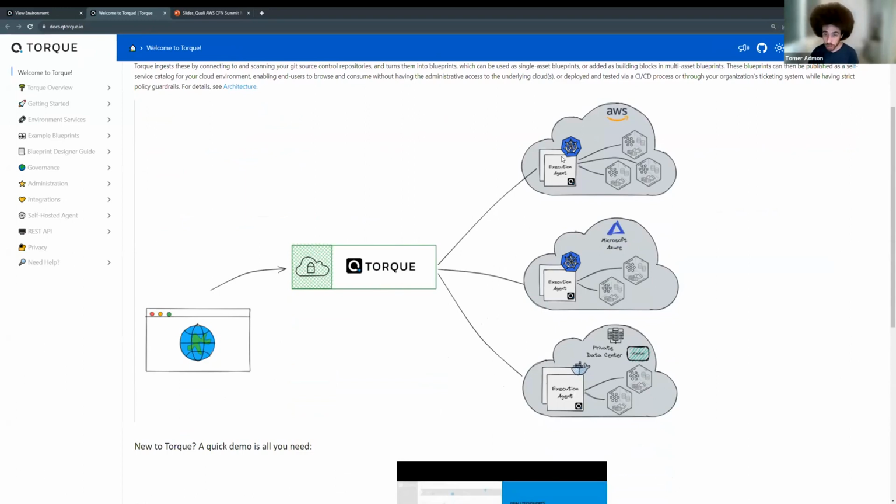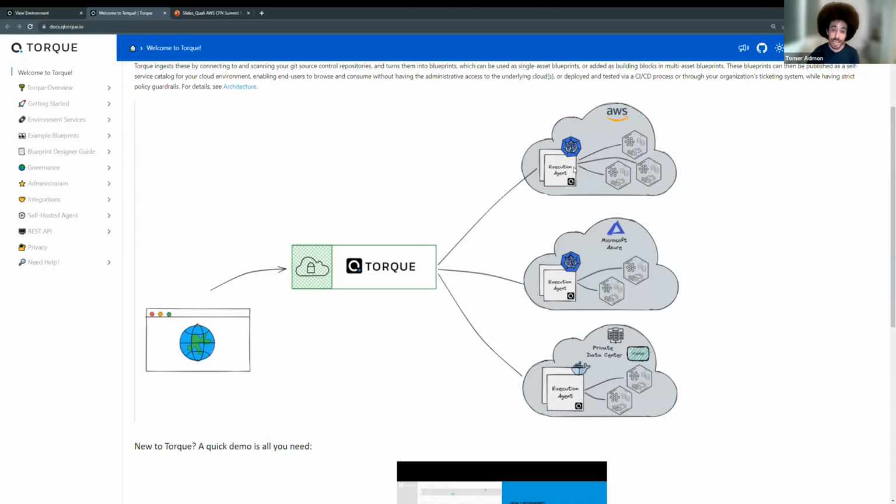Now, that agent might be deployed on Kubernetes or as a Docker image on an EC2 instance, and the authentication is done using that agent. So we really promote the cloud's best practices. In this case, for AWS, if we're using a Kubernetes cluster, that will be a service account attached using OIDC to an IAM role. And that IAM role will be the way to authenticate into AWS in order to run your stacks in CloudFormation or run your Terraform from that agent.